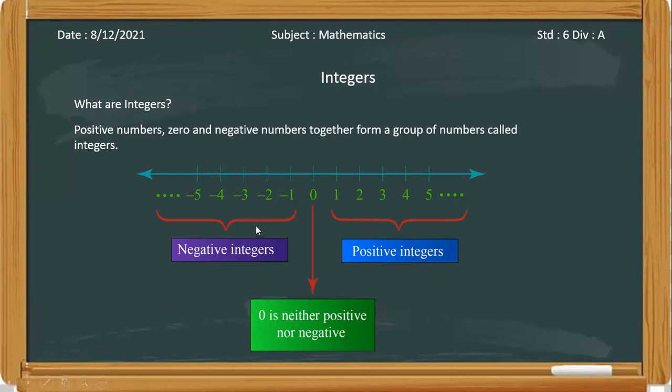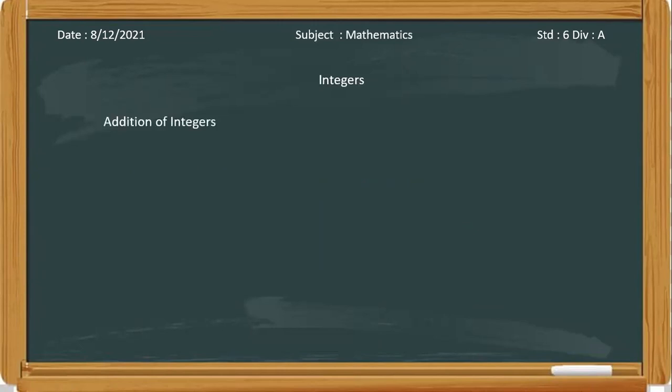Okay, so now what we are going to learn is addition of integers. We have learned addition of whole numbers and natural numbers. Today we are going to learn how to add negative numbers. We know how to add positive numbers, but how to add a negative number to positive numbers, today we are going to learn that. Are we good to go, or does anyone have any doubts about this introduction or the integers part? No, ma'am, it's clear. Okay, so we will move towards the addition of integers.